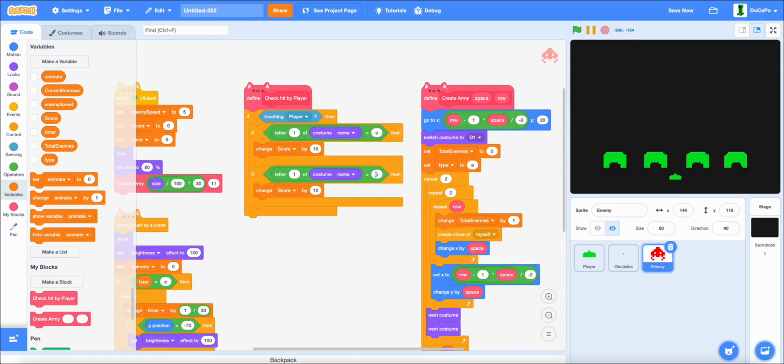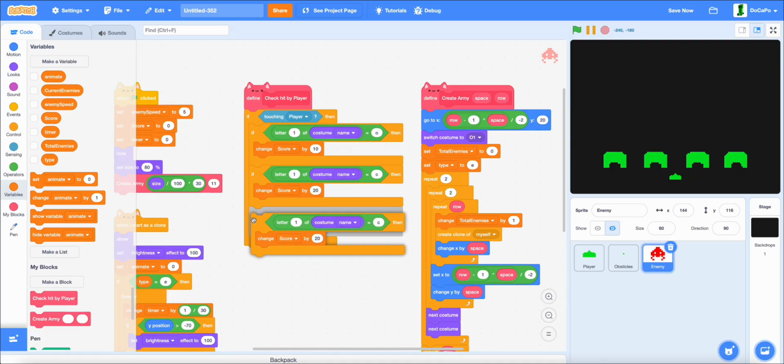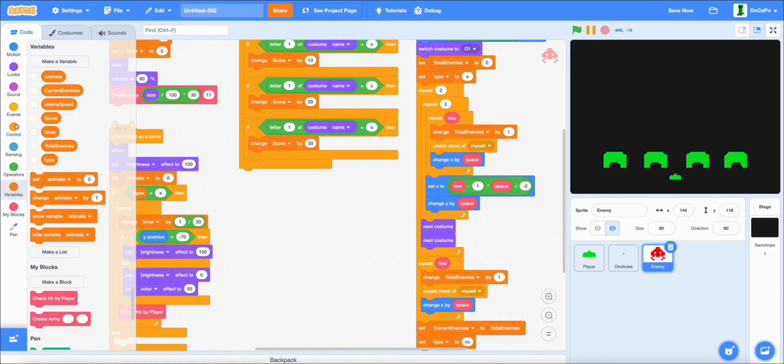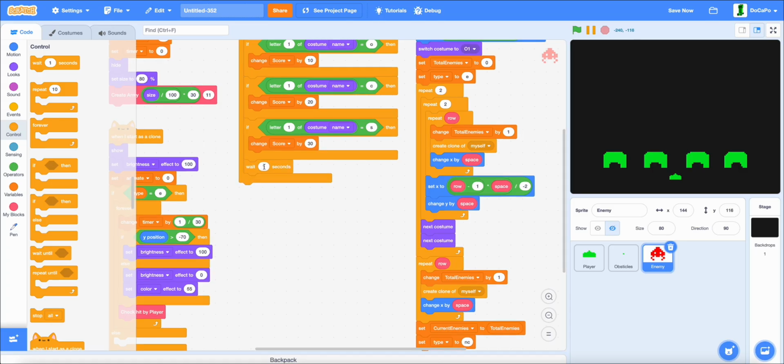If letter 1 of costume name equals C, then change by 20. And if equal S, then change by 30. Then wait 0 seconds, which is still a wait. And now